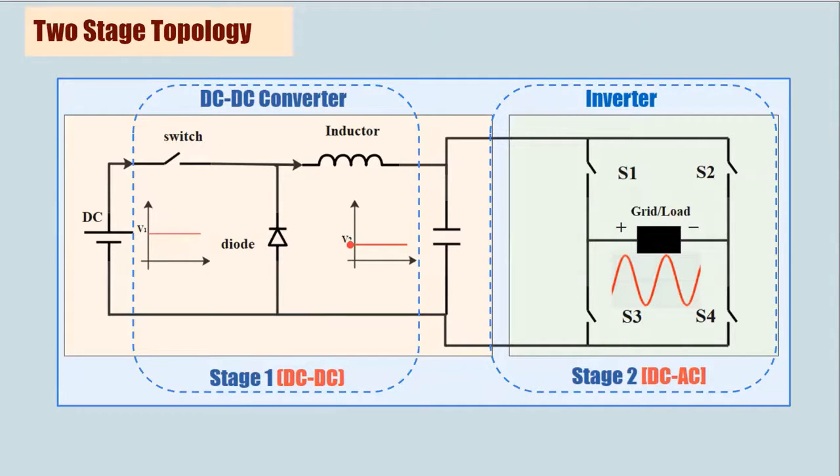For this simulation I use buck converter. So you can see V1 is the input voltage where V2 is the output voltage of the DC converter. So V2 is less than V1. Then this DC voltage will be converted into AC voltage by using inverter. So there may be possibility that output is fed to the grid or it may be to the load. So by controlling the switches S1, S2, S3, S4, we can generate AC output at the inverter. So this is a common two-stage topology.